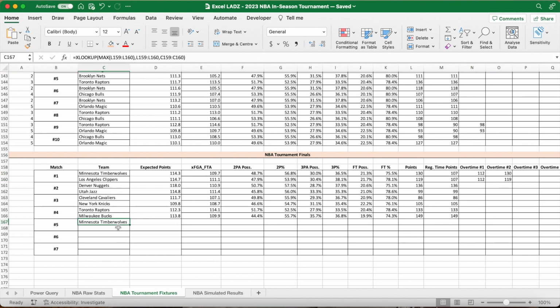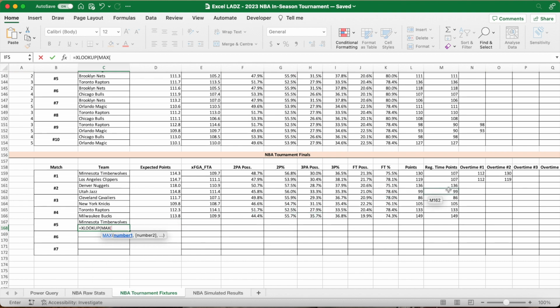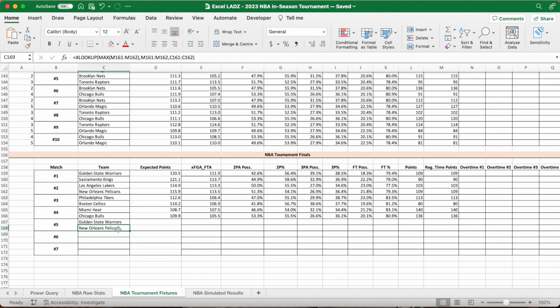5. Now, they'll be versing, obviously, the winner of game 2, so we can use the same formula, just with different ranges. So we're looking up the maximum value, or the winner of the matchup 2, and that cells 161 to 162 in the M column. The lookup array is the same thing, and then we're returning a team in the C column. Close the bracket, and we can check again. The Pelicans have beaten the Lakers, 109 to 103 in this matchup, so they progress to verse the Warriors in